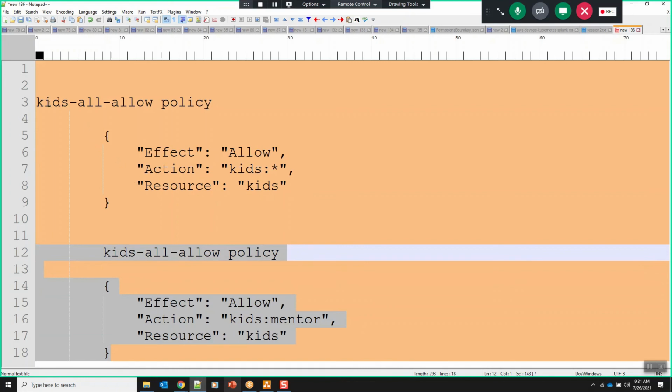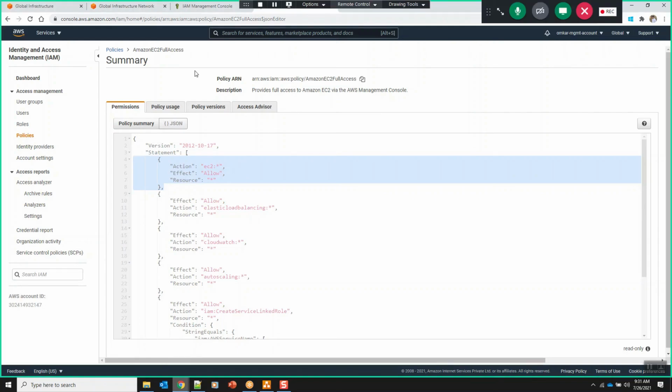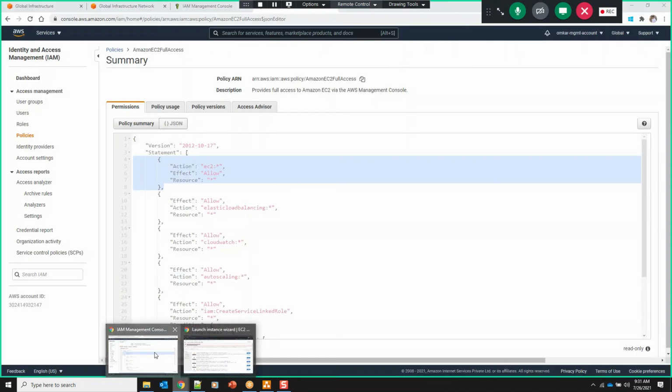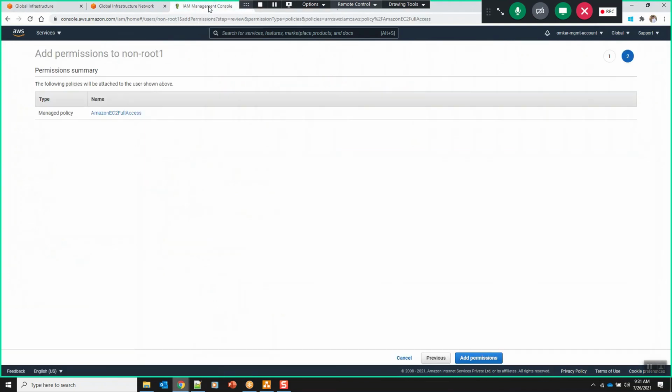So, how do we attach it? I mean, that's what I meant. Okay. So yeah, that we are going to do right now. You remove the parents, right? Okay, okay. So this is one existing policy, right? This is one existing policy. So now what I am doing, I'll just go back and show.